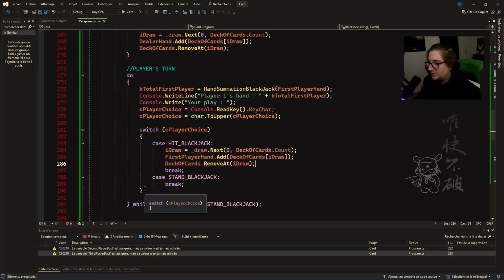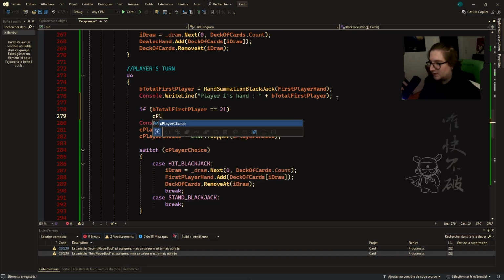We exit out. We didn't hit stand, so we go back to the top. We summate it, and then we can loop this forever. Now we're gonna want to add another condition so that once we hit 21, it automatically stops, or if we bust, we automatically stop. We're going to automatically assign this to player choice equals